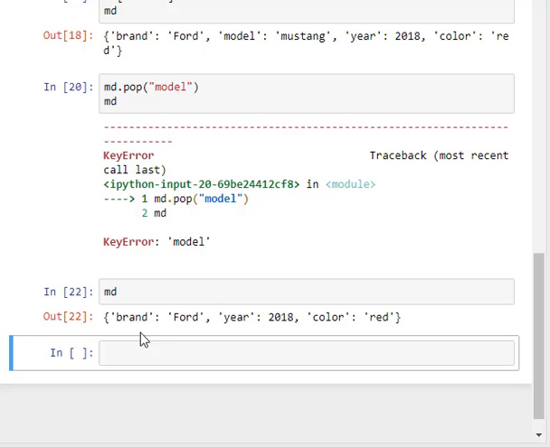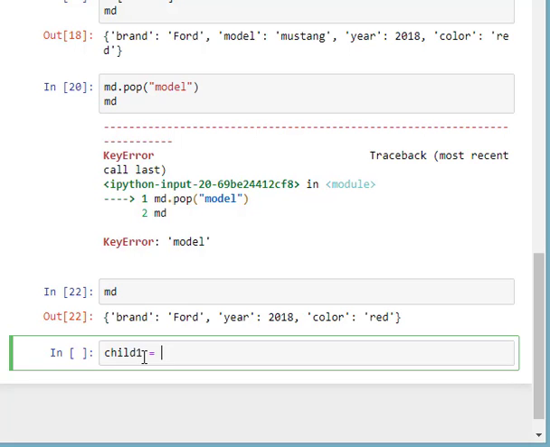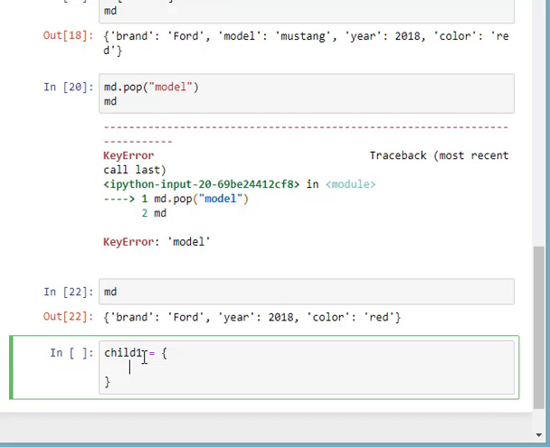There is another interesting topic in this, the nested dictionary. Suppose I am declaring multiple dictionaries. Say my dictionary here is child 1. Simply I am giving some data about a child. Say first one is Monish.